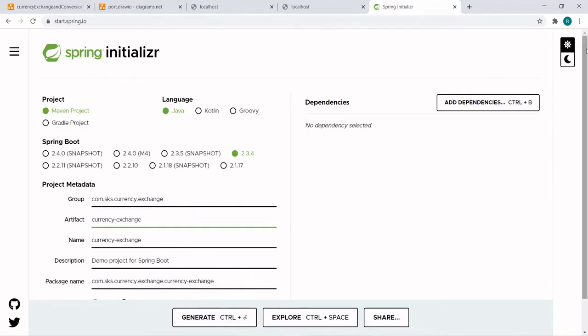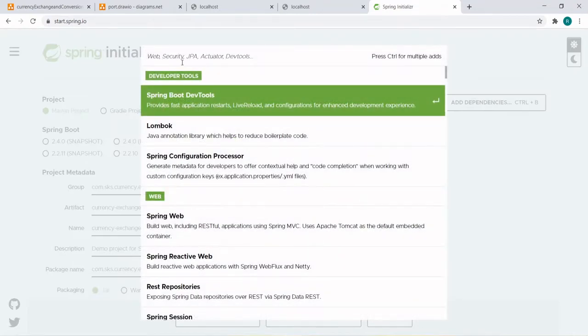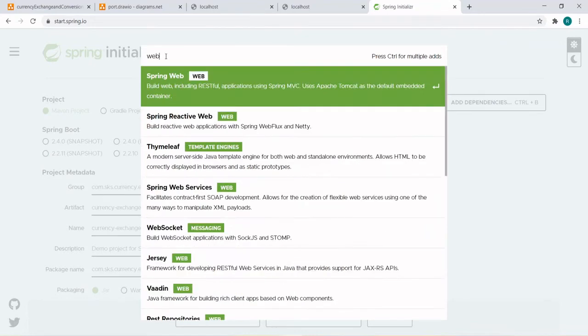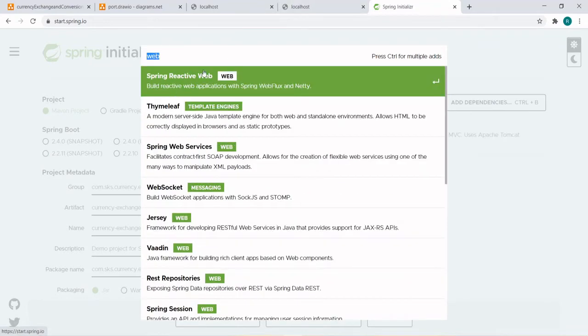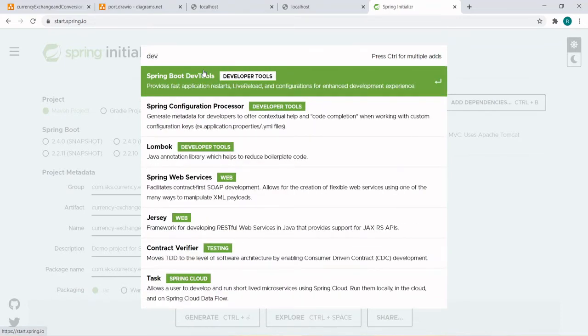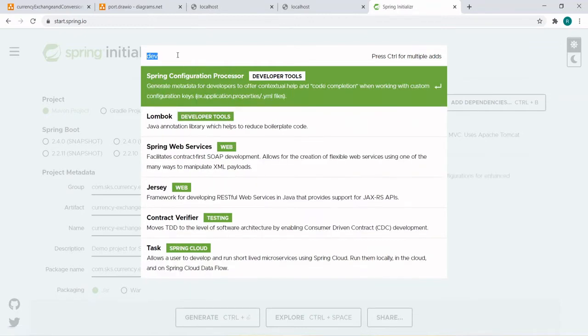Okay, and what dependencies do you need to add? Since we are making RESTful web services in a microservices, you'll be using Spring Web, and we will be using the dev tools, so that it will pick up your changes without restarting the server.